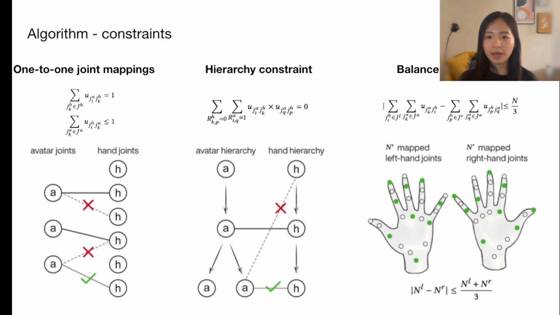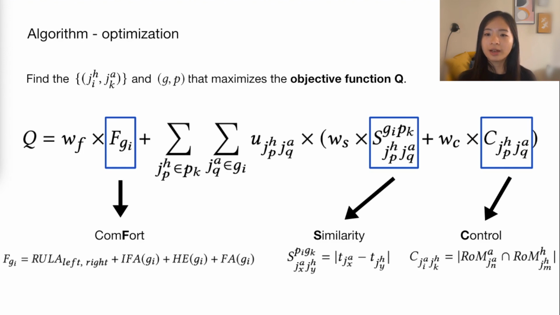The 1-to-1 joint mapping constraint dictates that each avatar control joint has to be mapped to one and only one hand joint. The hierarchy constraint keeps the two joint sets in a constant hierarchical order to keep the control ergonomically intuitive. The balance constraint ensures that the number of mapped joints on both hands are balanced if bimanual control is used. The algorithm then finds a mapping that maximizes the objective function Q, which optimizes comfortness of the gestures, hand